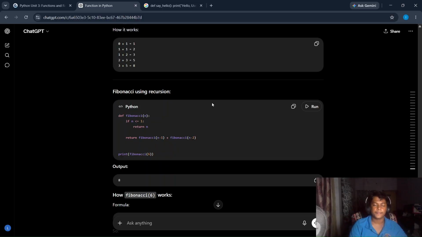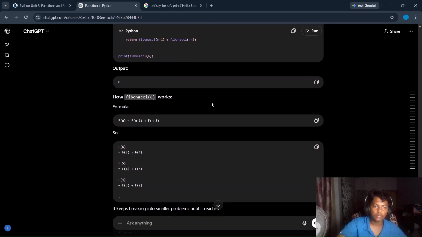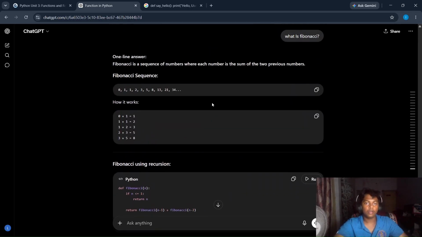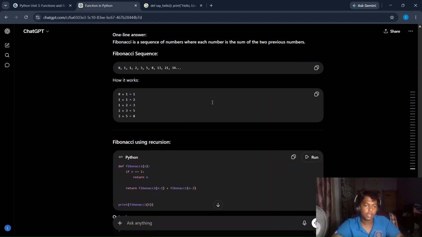So 5 plus 4, then 4 plus 3, then 3 plus 2, and it goes on like that. This Fibonacci is also worth noting, because sometimes we may get questions from it, simple viva questions, or they may ask it. Fibonacci means 0 plus 1 is equal to 1. Let's also remember the sequence. Sometimes we may forget, and I think it's better to note